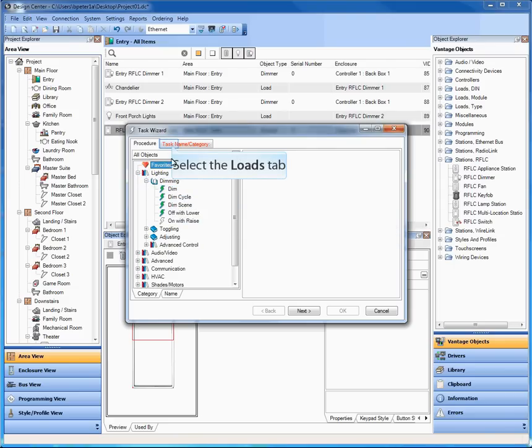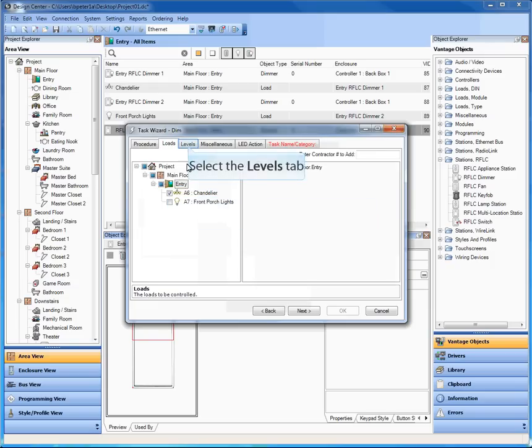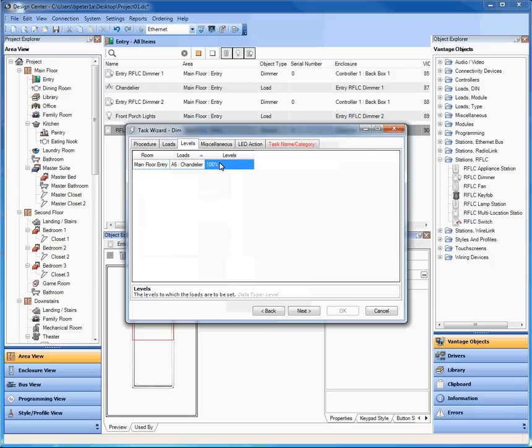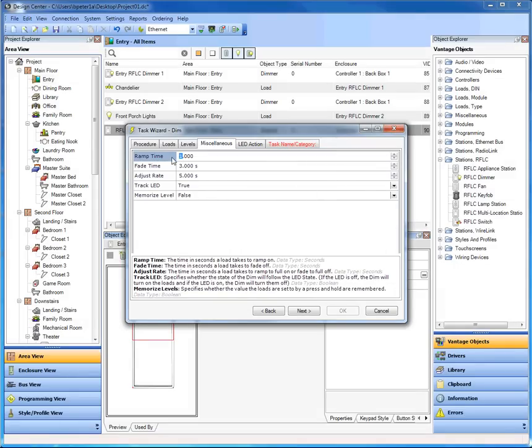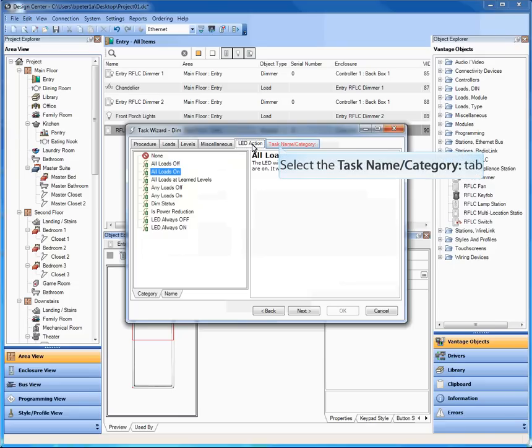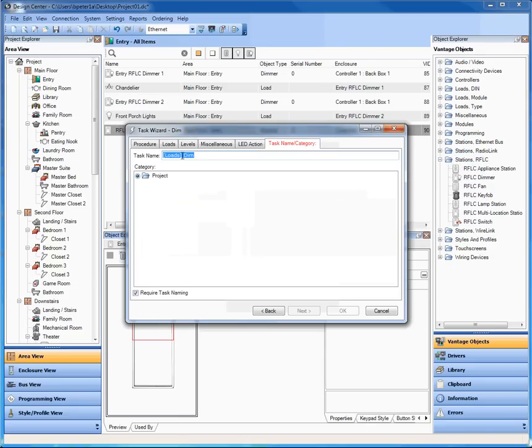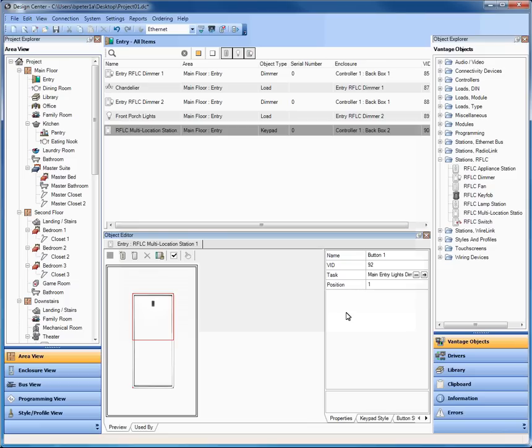I'm going to go to lighting, dim. Let's just choose a simple dim. Let's choose the chandelier load. We want it to go to 95%. Let's say we wanted to do it over 2 seconds on and 5 seconds off. LED action, let's just say if the loads are on instead of at learned level. And we're going to call this the main entry lights dim. And I hit OK. So now what I've done is anytime I press this button, it's going to control that